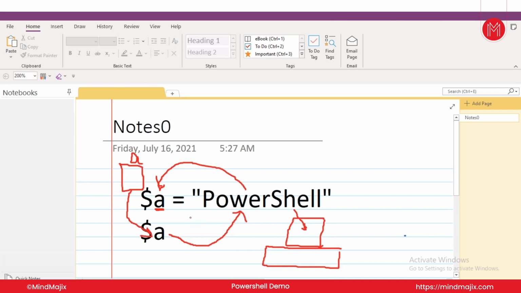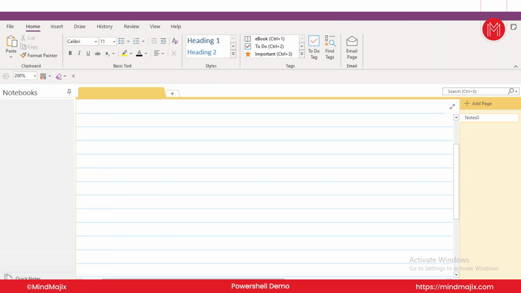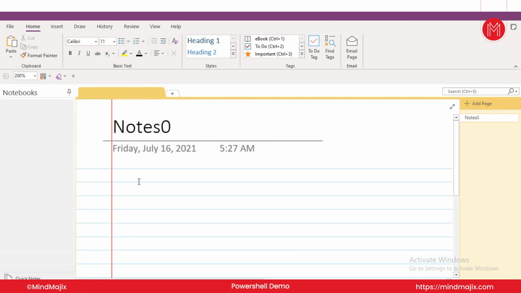So variables are there to store temporary values in computers, and we will come to the topic of arrays and hash tables. Just to cover up, variables are of many types, like